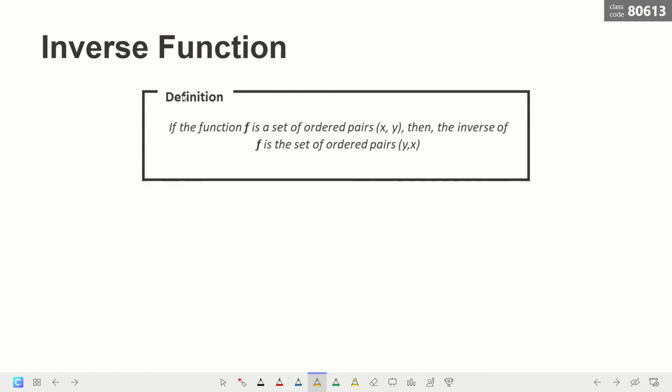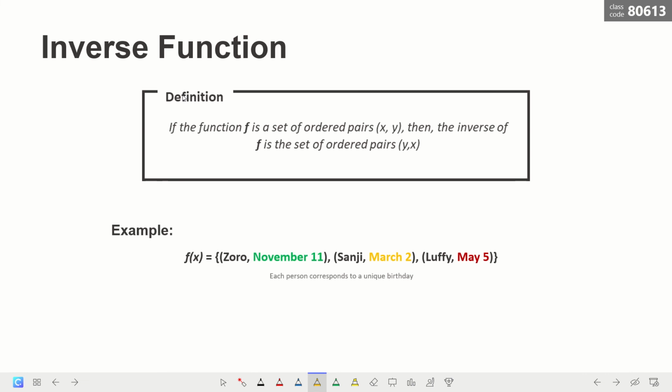So first, if the function f is a set of ordered pairs x and y, then the inverse of f is the set of ordered pairs y and x. So example, dito di ba sa ating example, our function f is defined by the relation between a person and then their birthday. So for example, si Zoro birthday niya November 7, si Sanji birthday niya March 2, si Luffy birthday niya May 5. So if we get the inverse of this function,